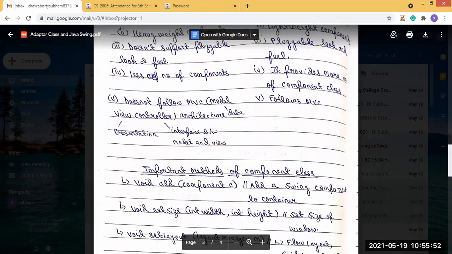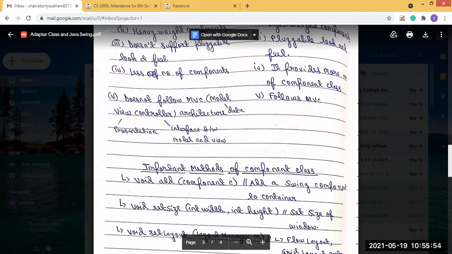Now some of the important methods of the component class are the same as what we read in the AWT classes. In AWT classes, we see there are 4 methods. First, void add, with the component class object, component C, as a parameter.